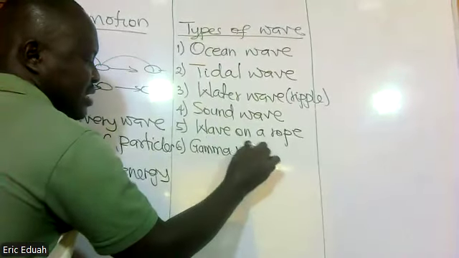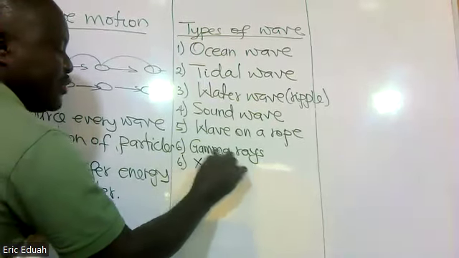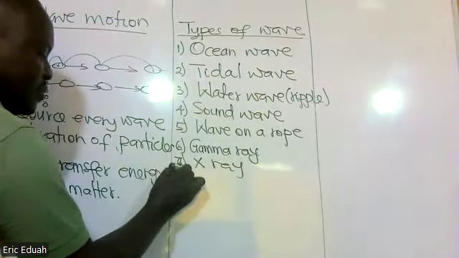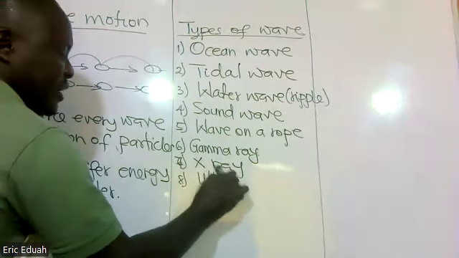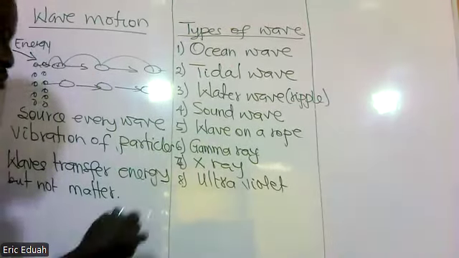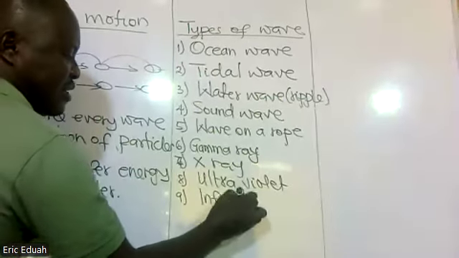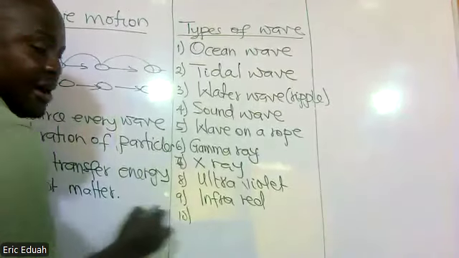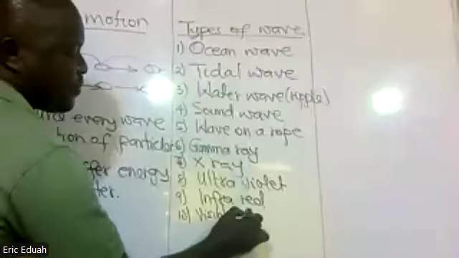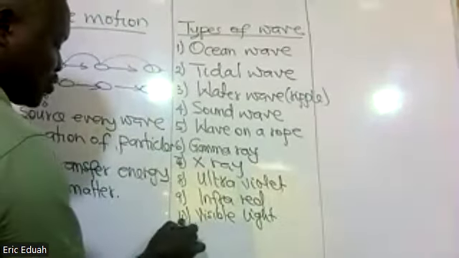gamma rays, X-ray, gamma ray, X-ray, ultraviolet, UV, radiation. We have infrared. We have visible light. These are all electromagnetic waves. Visible light, we can also talk about